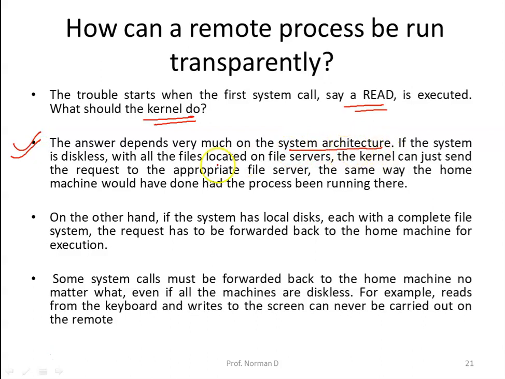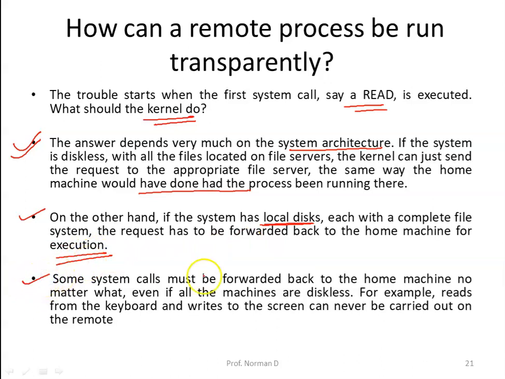If the system is diskless with all the files located on the file server, the kernel can just send the request to the appropriate file server, exactly the same way the home machine would have done if the process was running there. In the other case, if the system has local disks, each with a complete file system, then the request has to be forwarded back to the home machine for execution.